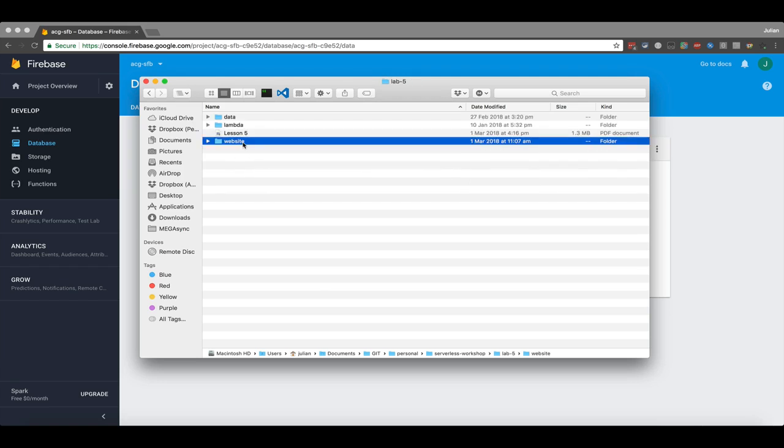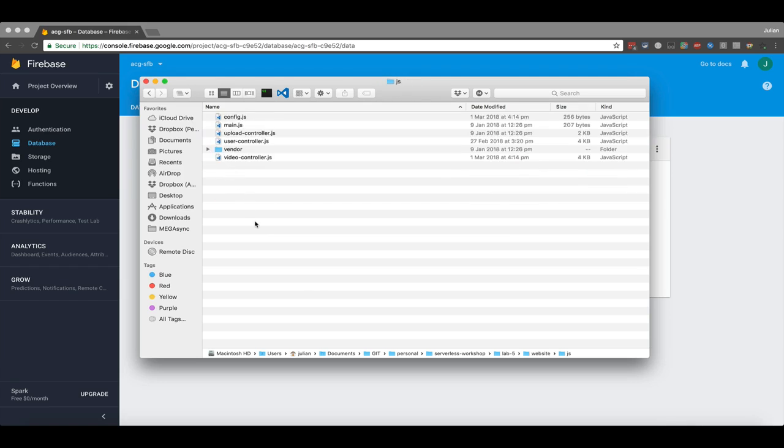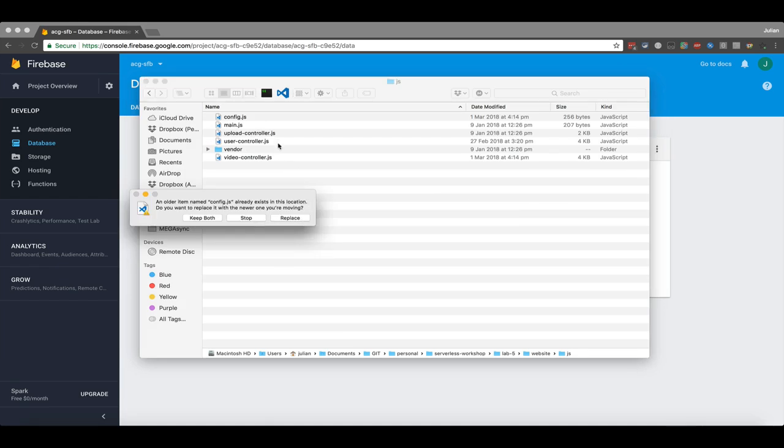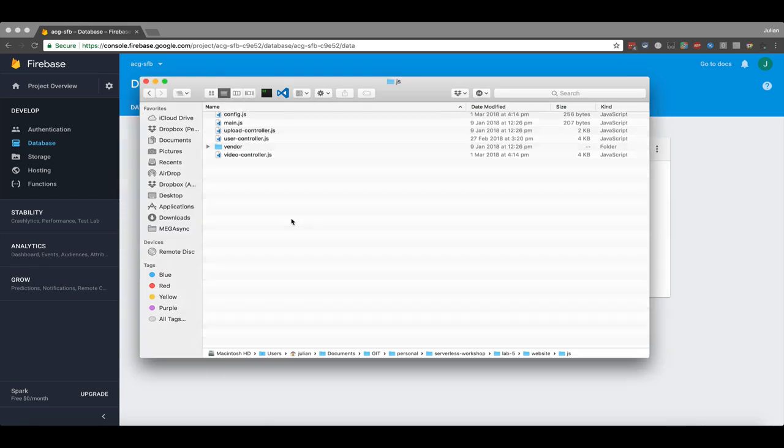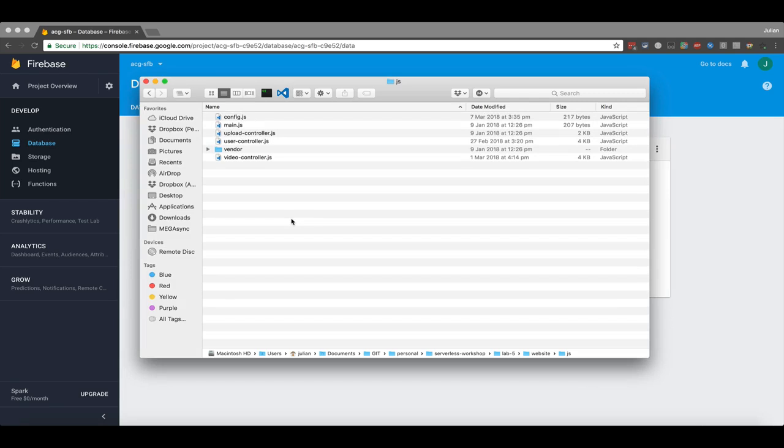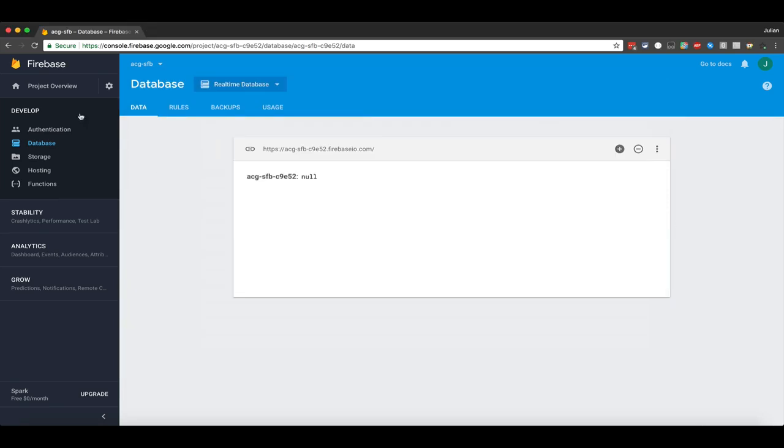Going to go to website, JS. We're just going to paste this config file here so we don't have to enter it. And click on replace. The next thing that we want to do is go back to Firebase, click on project